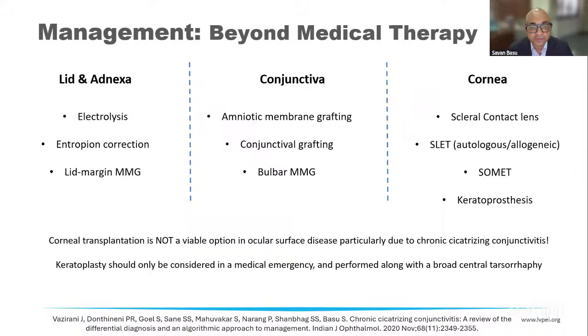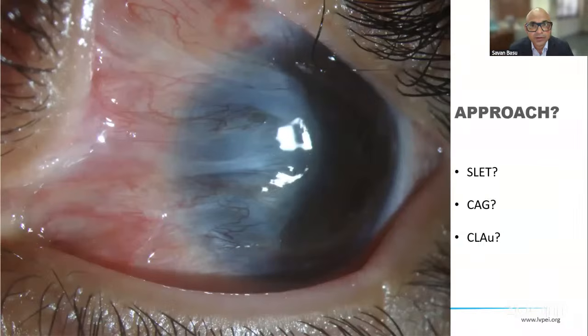So we have to do all of this and learn all of this because we cannot do corneal transplants in ocular surface disease. This is something that is very widely known, and we should all appreciate and therefore work around this. So just to give you a couple of illustrative examples to take you through how we decide on this decision-making